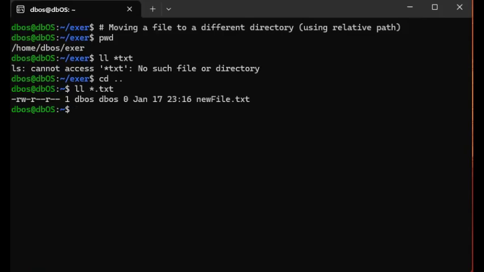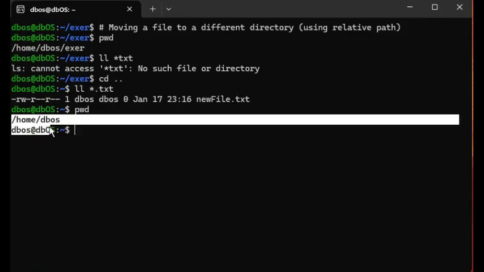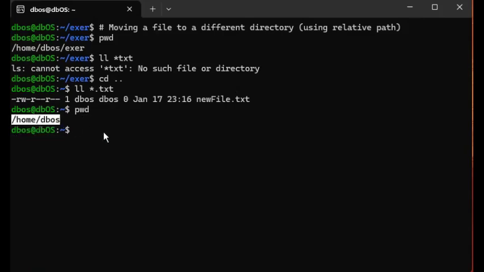Okay, so I am at this location. I'll be moving this file, which is located at /home/dbos. I want to move this new file to a different location, one directory deeper. It's currently located at /home/dbos, and I want to move it to a different location using a relative